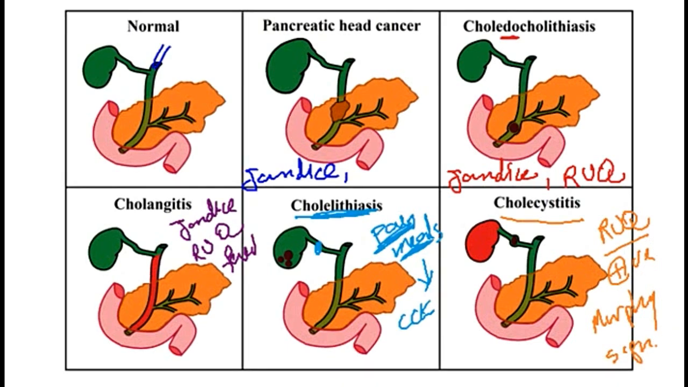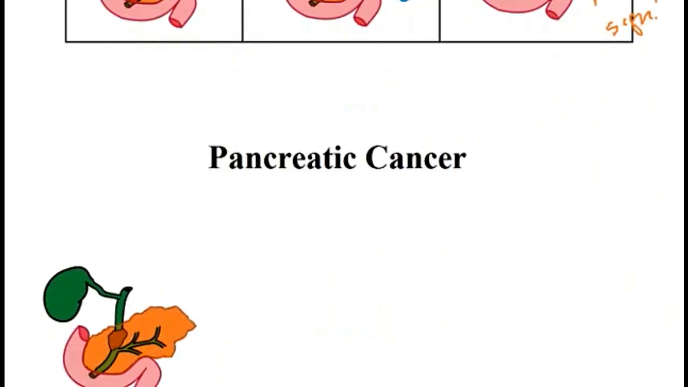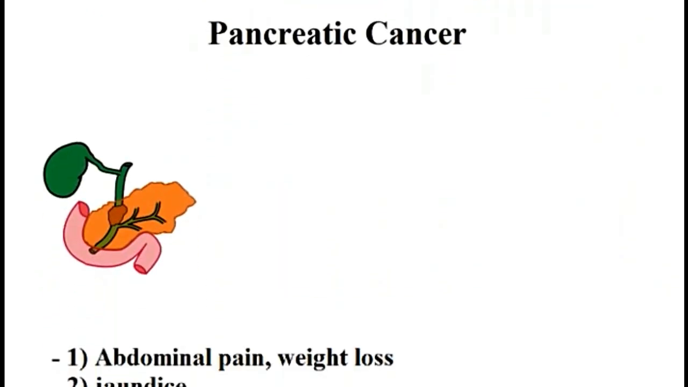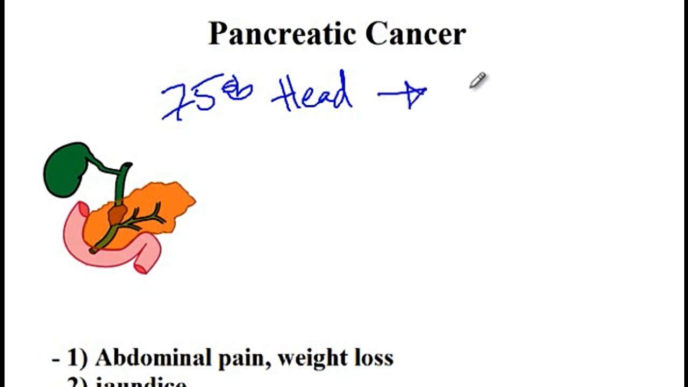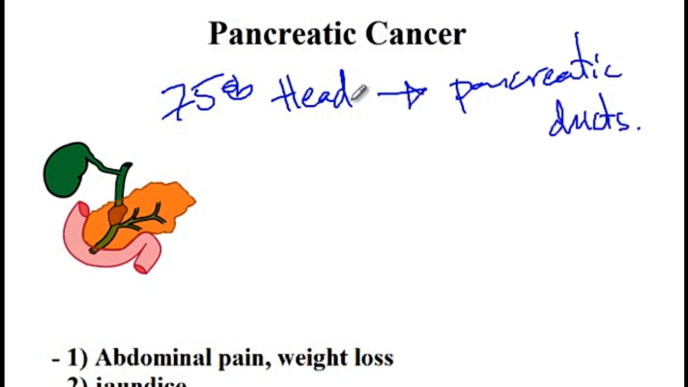Alright, now that I have discussed every one of these conditions, I would next like to go into more detail and discuss every one of them again. So the first condition is pancreatic cancer, 75% of which are inside the pancreatic head. And these cancers arise from pancreatic ducts. Risk factors include cigarette smoking, as well as chronic pancreatitis,